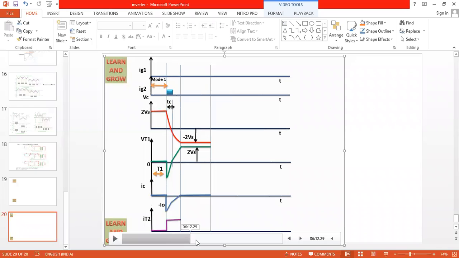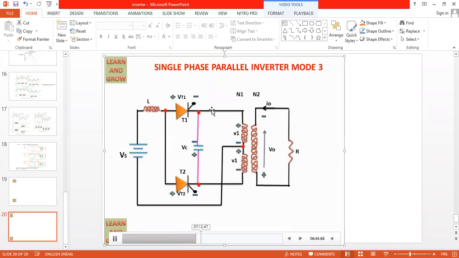Now you see mode 2. Now we are entering into mode 3, what we have discussed. So in mode 3, as I mentioned, the capacitor recharges. So first T2 was on. Now what we do, T2 will be off and firing pulse is given once again to the T1, and we'll see what's going to happen. Now the capacitor has to discharge. Now this is mode 4 for us. So what is mode 4? In mode 4, firing pulse is given to the T1 and T2 is off.